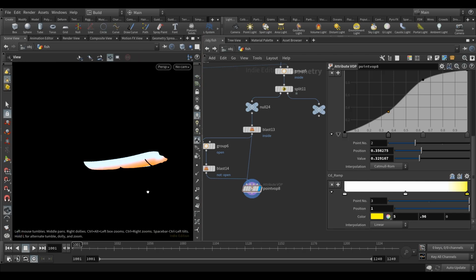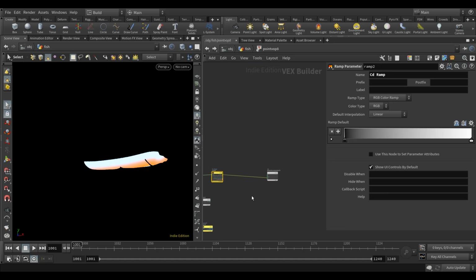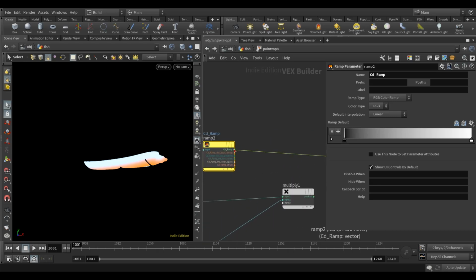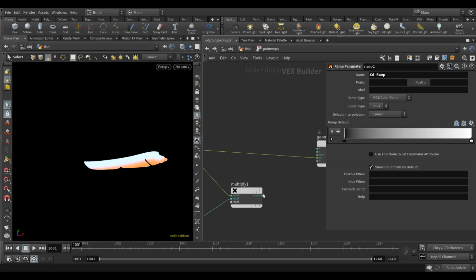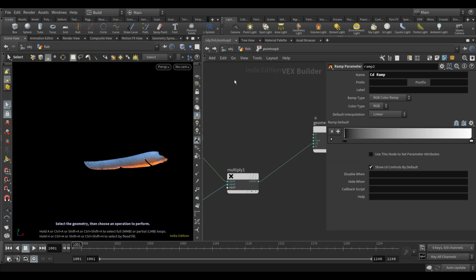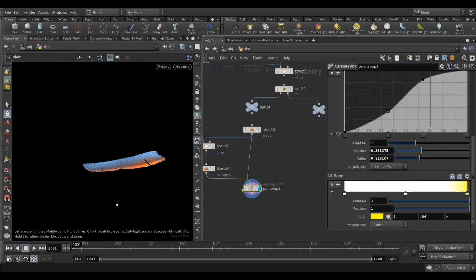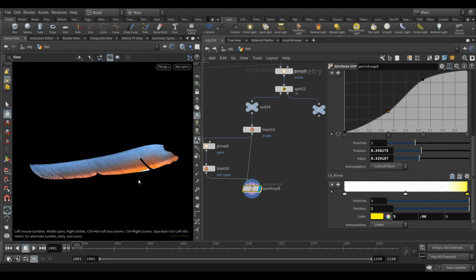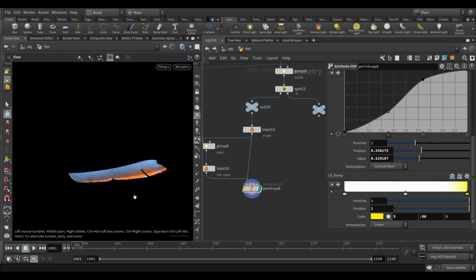Okay, so it's really bright, and the reason is because remember we need to multiply this with the texture. So here, the color, we need to plug the first color in, the texture, and let's put the color in. All right, so we get something like this. And I think it looks a little bit too even for me. How the yellow and the orange and the blue, how they are divided, is just a little bit too even